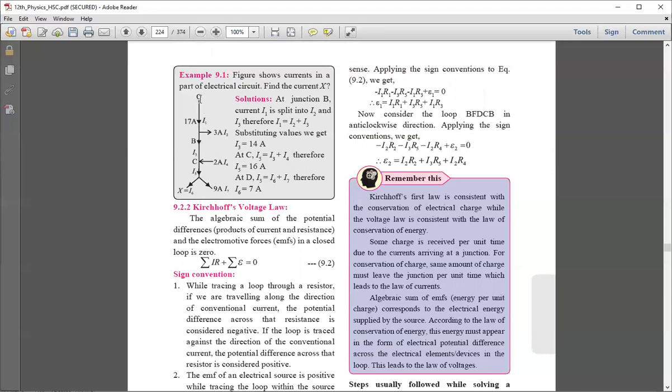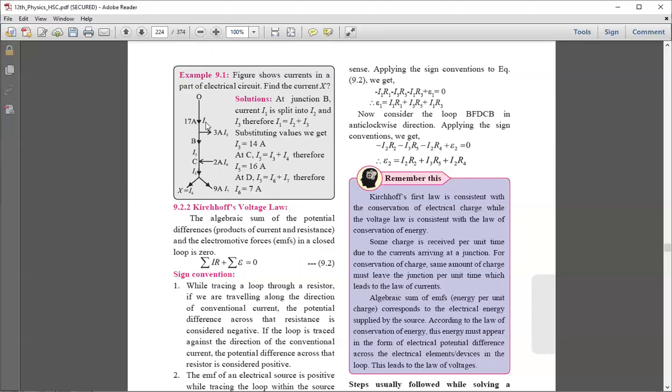So here there are junctions. This is junction B, junction C, and this junction here. I think D is not mentioned here, as it is a new book and some mistakes will be there. So this point is named junction D. This is junction B, this is junction C, and this is junction D, because a minimum of three paths are connected here. So these points will be junctions.